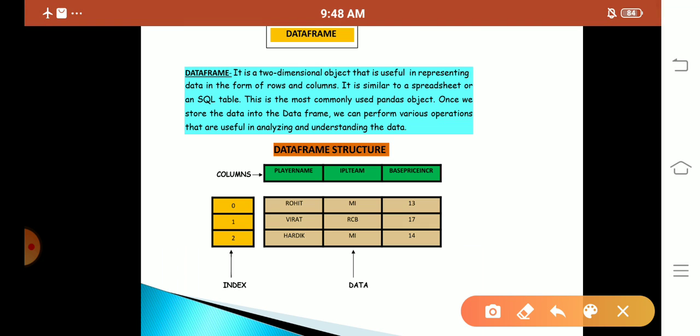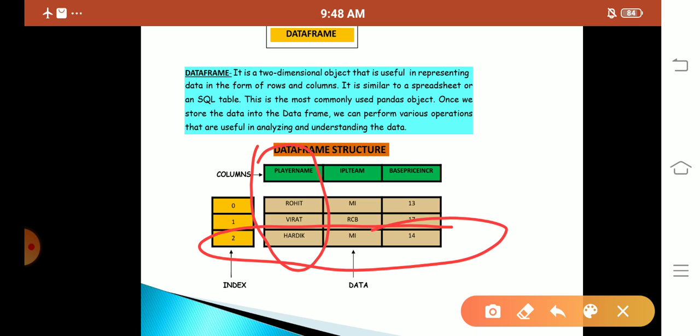Okay, so what is the data frame structure? You can see there the first is known as what, player name. This is known as your column, and this part is known as your rows. How is the index done in rows? 0, 1 and 2. And in columns, it has been indexed by 1, 2 and 3.